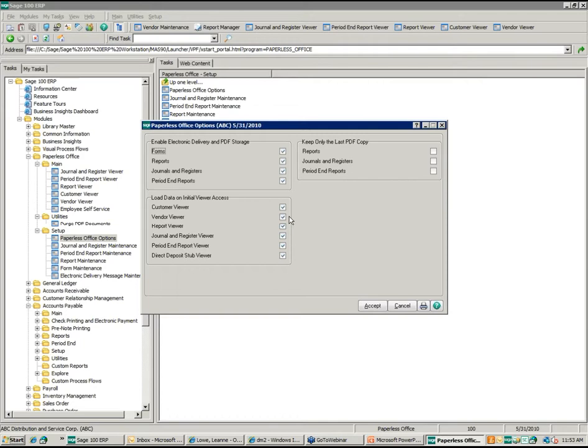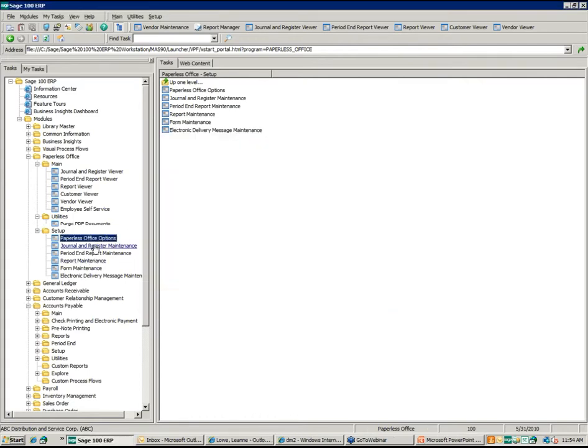forms and your reports. And then you also have the option here to either only keep the last PDF copy or keep overwriting it. So let's say you have a daily sales journal and you make a change to it. So you go back and reprint it again, so you can keep every single change that you've made, every single addition, or you can just have it overwrite the last copy. So there's only the final report or the final journal or register that you print out that it keeps and saves to PDF. So I'm going to go ahead and leave that unchecked because I want to keep every single